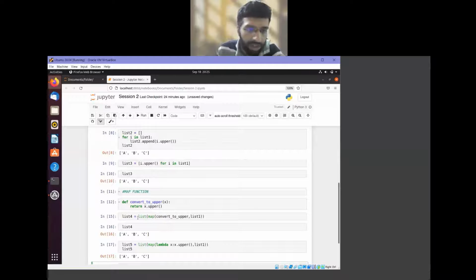Now the third one that we saw is that we defined a function convert to upper, then used that in a map. So that is an okay approach, but the only problem is I had to define a single line function which is not required anywhere else. So in terms of my code utilization, I unnecessarily added a function. So the most Pythonic way to do this is what we implemented last, using a lambda function.